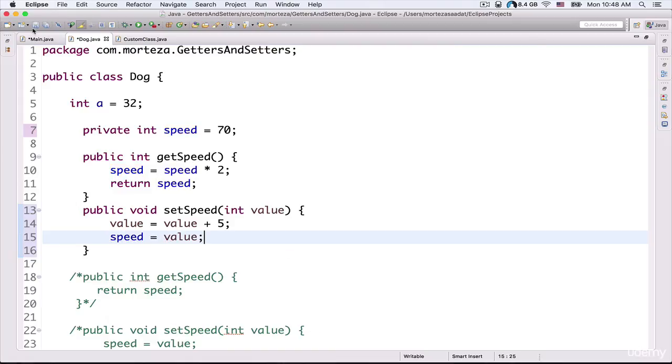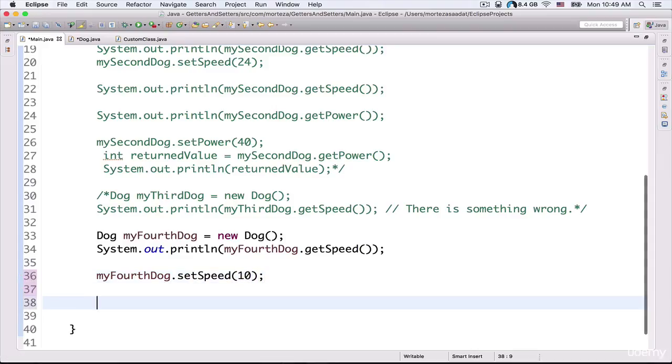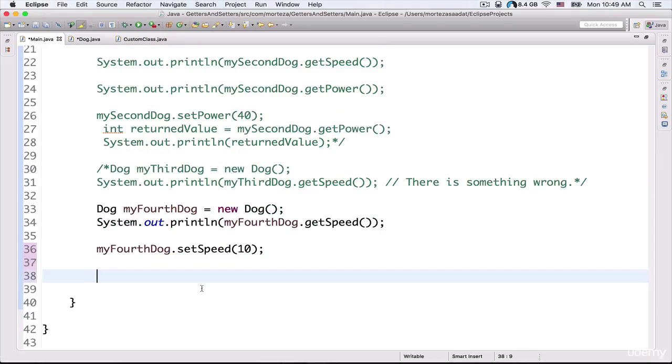So inside the main class here, I want to actually set another value to the speed instance variable. So first of all, I need to refer to the name of my object, my fourth dog, dot set speed. So now I need to pass a value to this method, okay? So for example, number 10, okay? And now I want to actually output the value of the speed instance variable to the console. So I just need to type in here